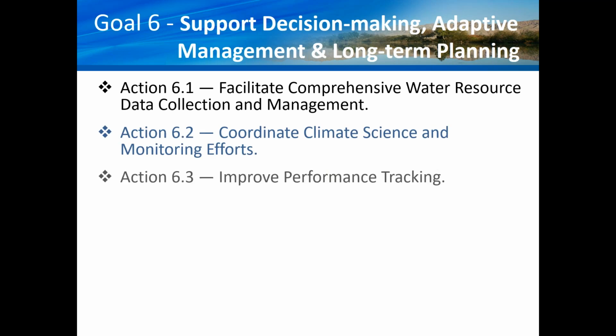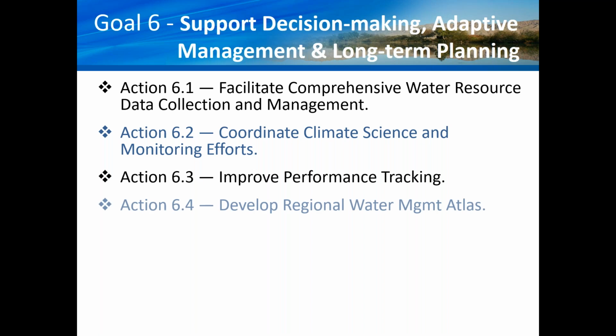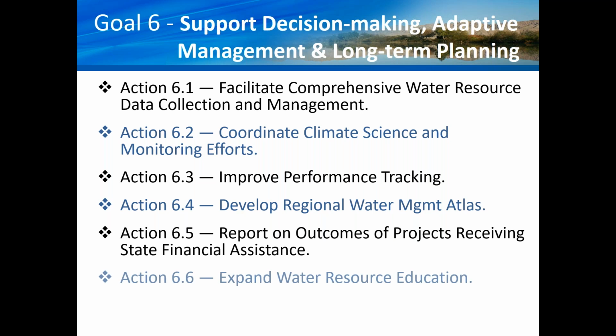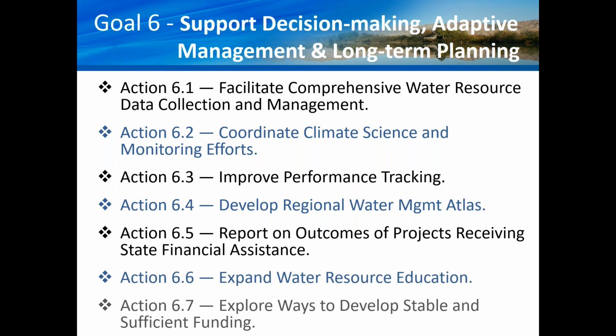So I think I'll state the obvious and say that there are a lot of uncertainties in California's water management systems. It's very dynamic, changes over time. Our societal values, or at least our proportional regard for those 4 societal values, changes over time. We need to be adaptive. We need to have more information to actually implement and invest under reduced uncertainty. And so that's what this Goal 6 is intending to do. And we have 7 recommendations under these. So the first one is just